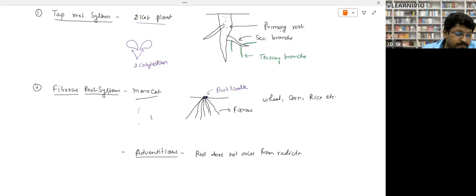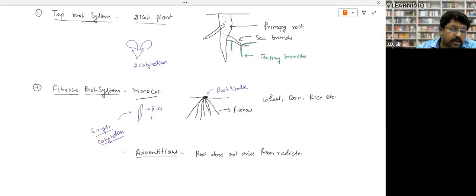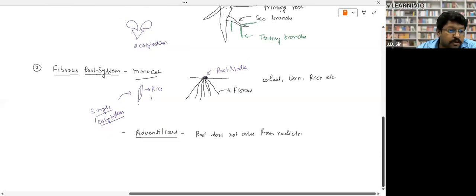So look, in monocots, suppose this is rice, right? Like rice, there is a single cotyledon. Clear? So these are monocots. Basically, all the crops or all the grains are monocots, right? So there are two root systems. These fibrous roots are also known as adventitious roots, right? They do not arise from